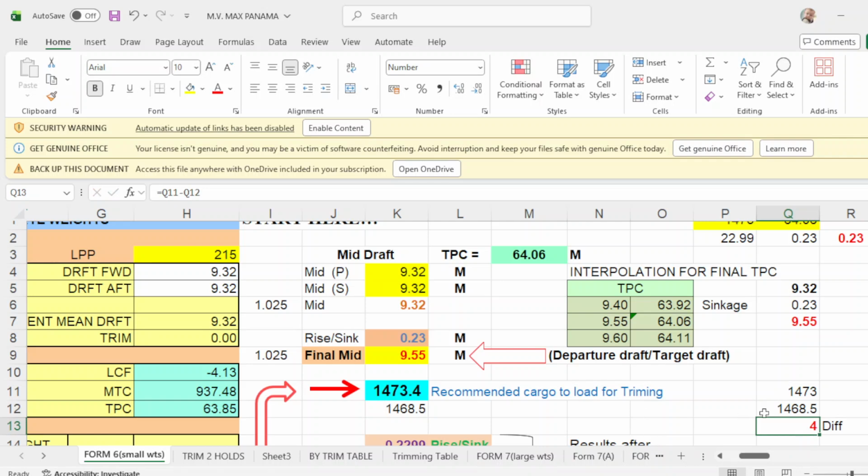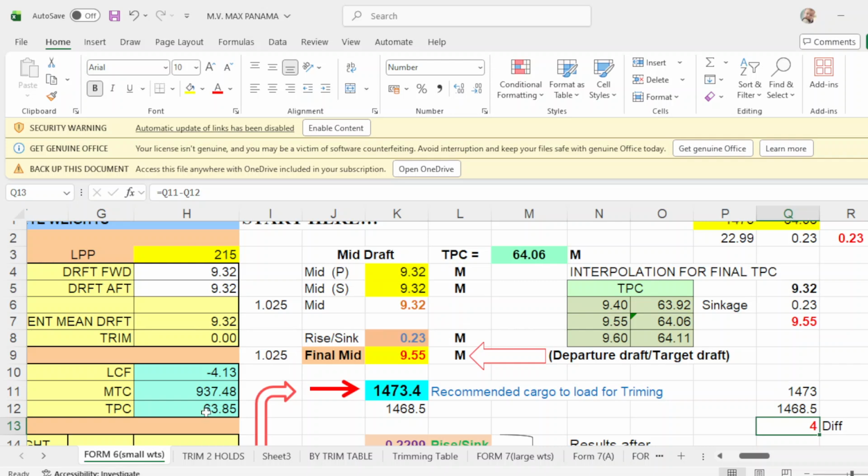So I would advise that I use this TPC of your departure drop of 9.55, because this is what you're going to apply in your loading plan, and the TPC of 9.55 is 64.08 as interpolated here.